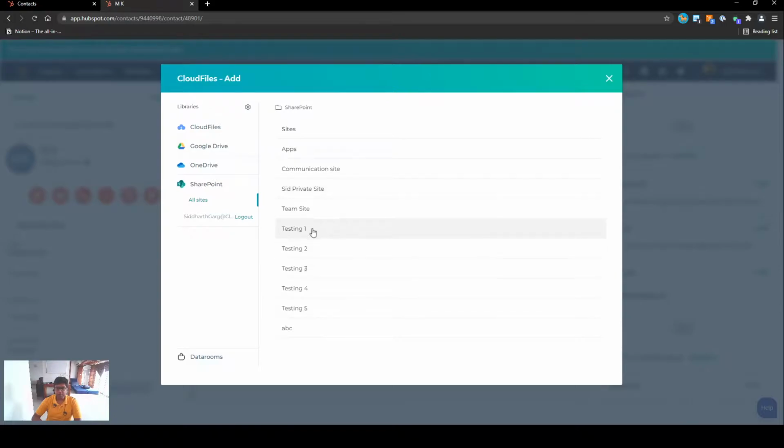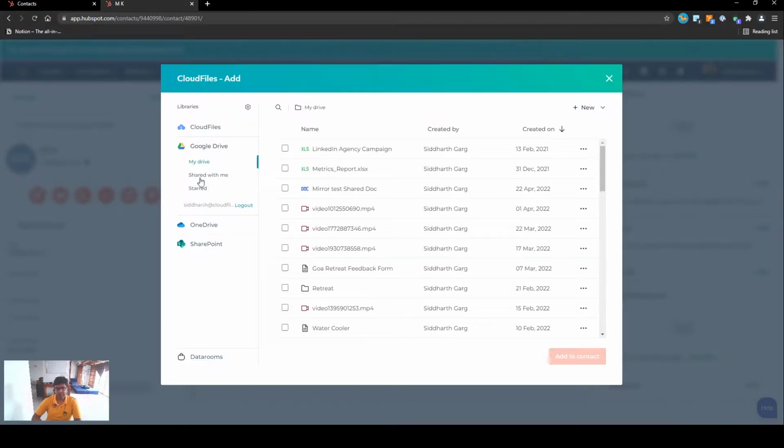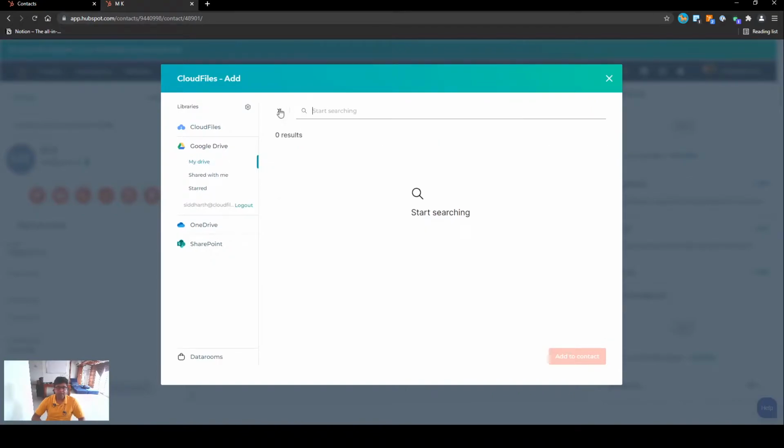I can go into my sites and I can do the same thing for OneDrive or Google Drive. So I already have my account connected. I can see all of my shared drives, my starred files, and my current drive. And at this point in time, all of my folders and all of my files from my drives are synced. I can also search in this library,